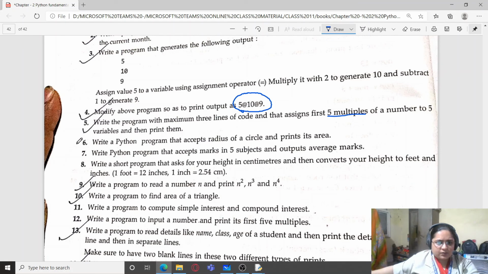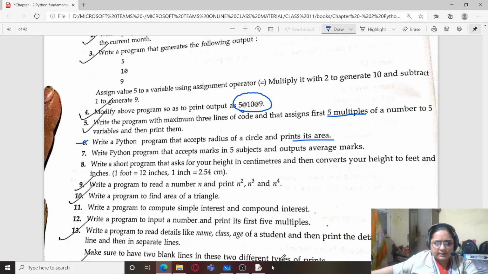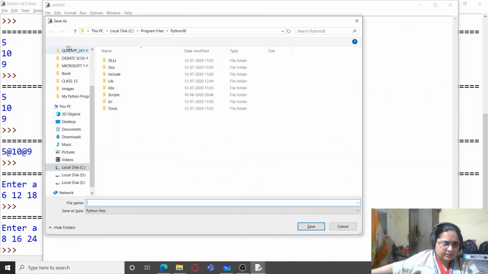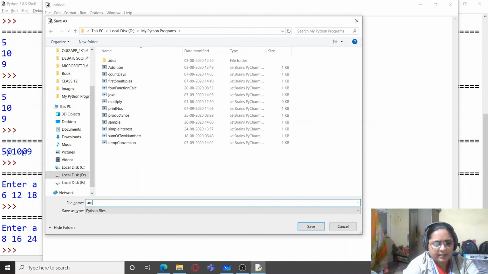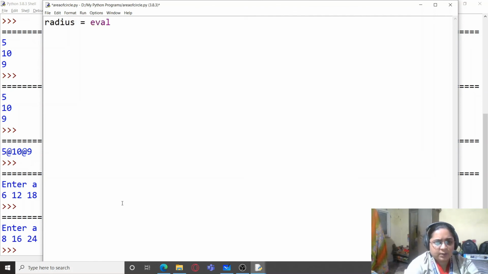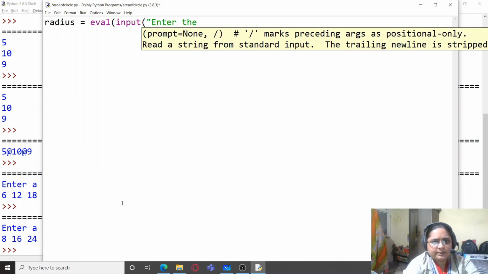And then the last one, that is to find the area of a circle. So how to do that? First we will close this one. We'll open a new document and we'll save it as area of circle.py. We will first ask for the radius from the user and we will use the eval function. Enter the radius of a circle.